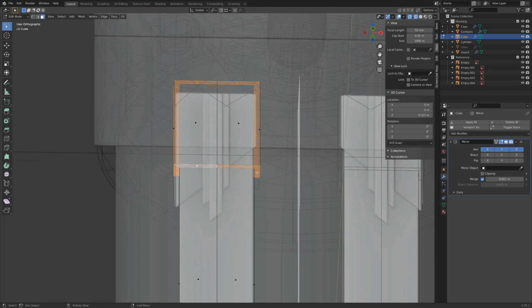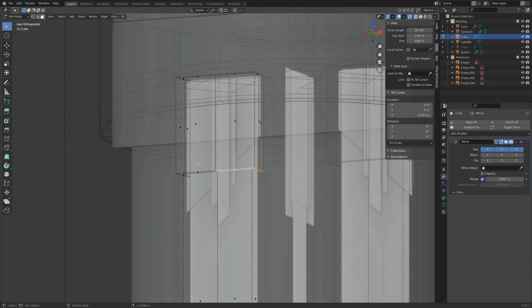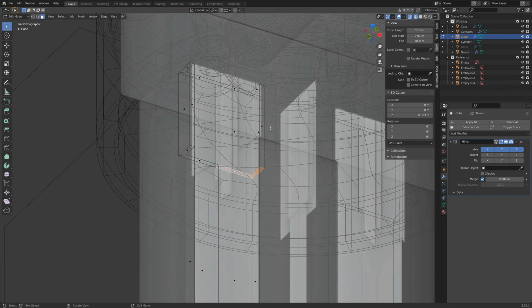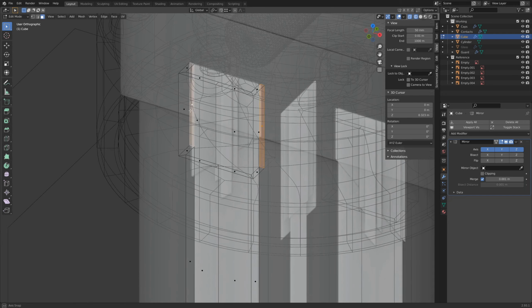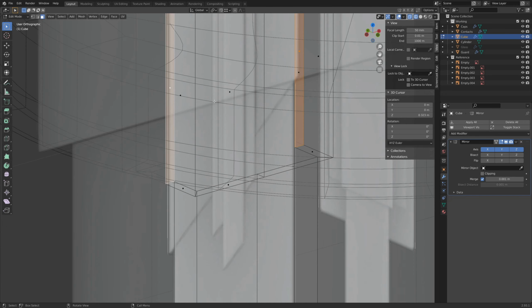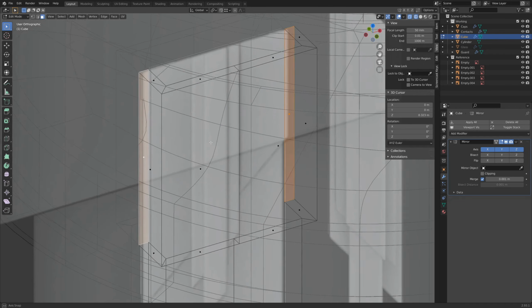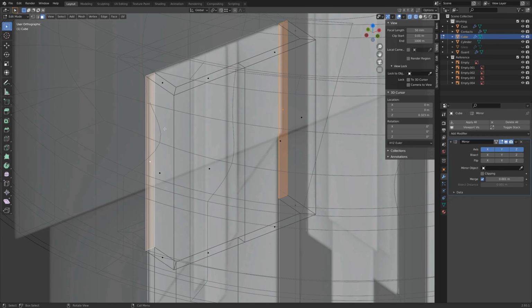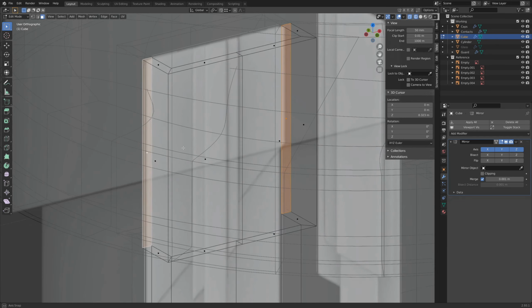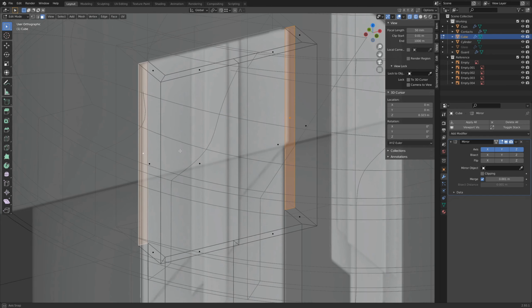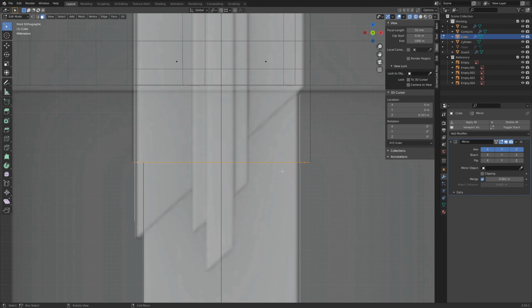Select this ring, or rather, so now we have an interesting issue. We have faces inside of the model. I don't know if you can tell by looking right at this, but these are on the inside, and they will mess up our shading, and they don't need to be there because they're on the inside anyway. So delete, faces. Now if we select this ring, go to front view,